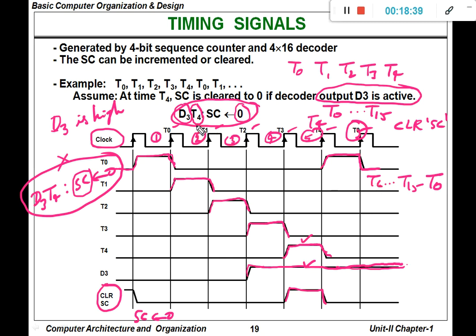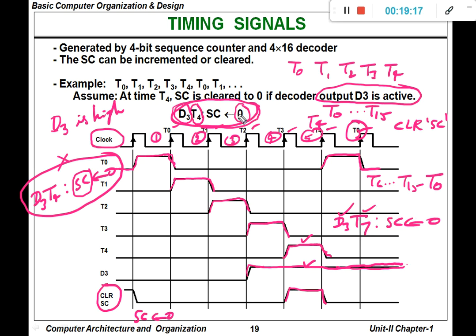Okay. So don't think that this is always a fixed statement. This is not a fixed statement. You can make SC clear to 0 during D3, during D6, D3, T7 also. Whenever D3 is high and during T7, we are going to reset the sequence counter to 0.